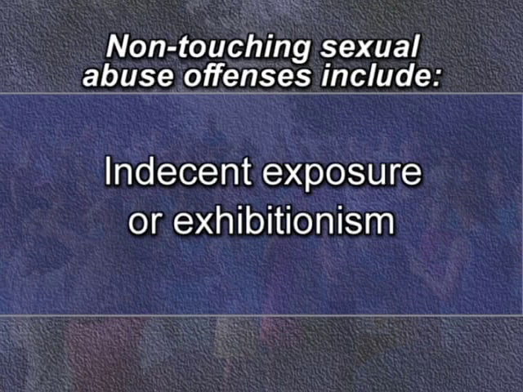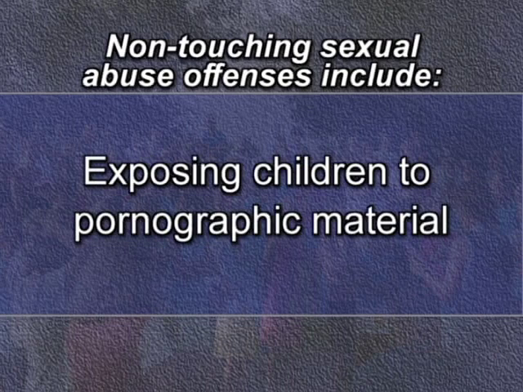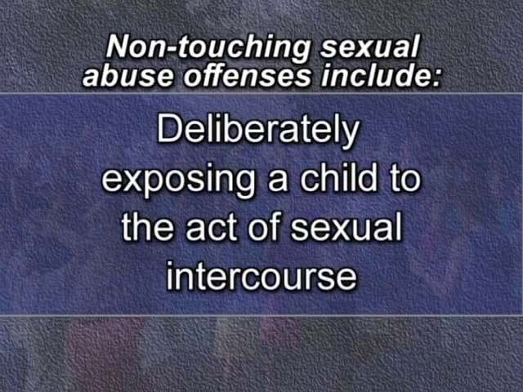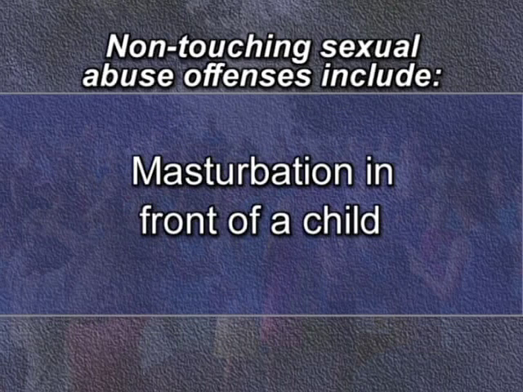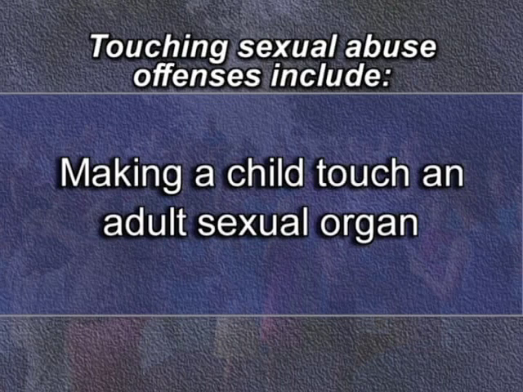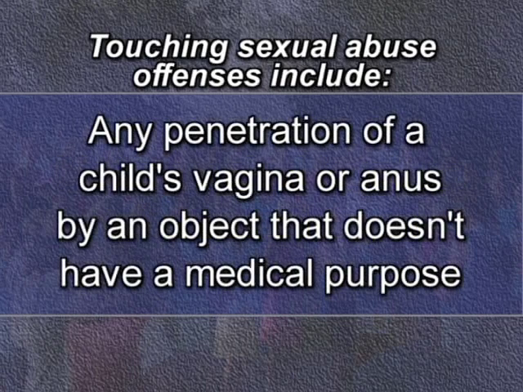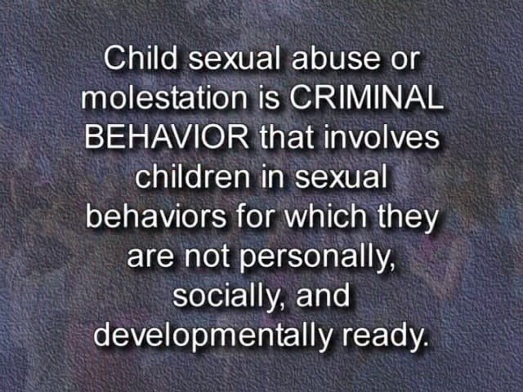Non-touching sexual abuse offenses include touching sexual offenses include other types of abuse, abandonment, and threats of harm. Child sexual abuse or molestation is criminal behavior that involves children in sexual behaviors for which they are not personally, socially, and developmentally ready. Studies by child development experts have stated